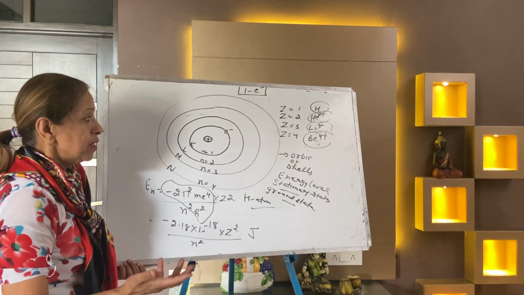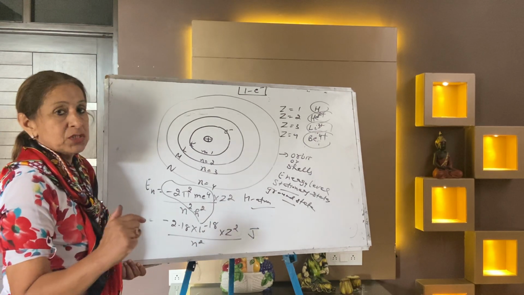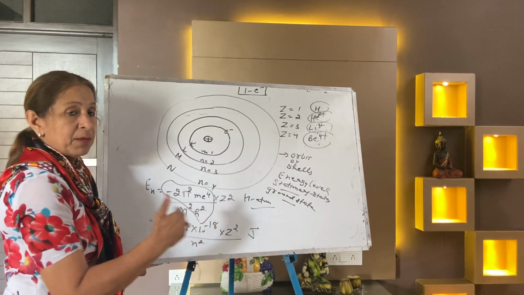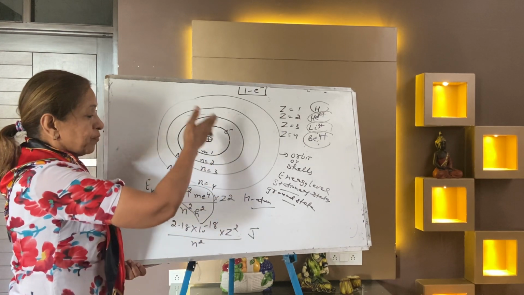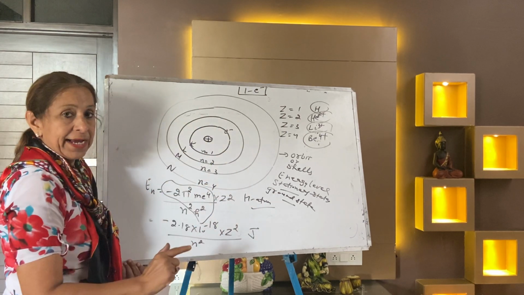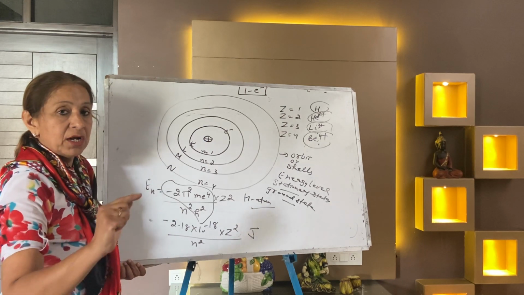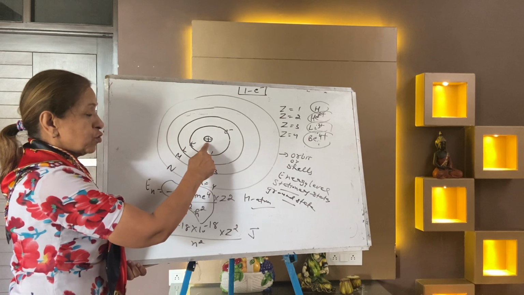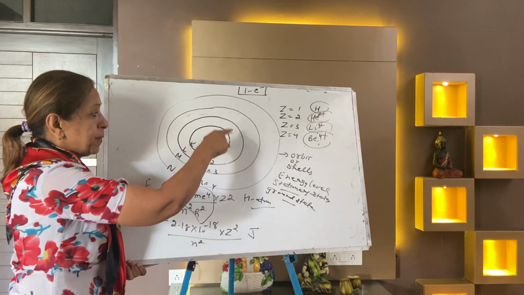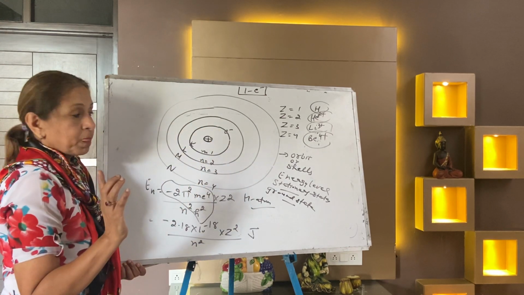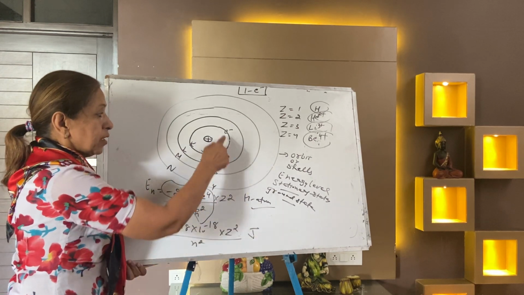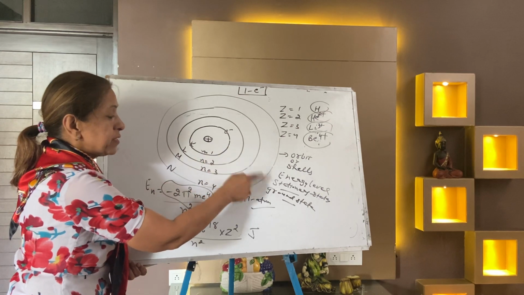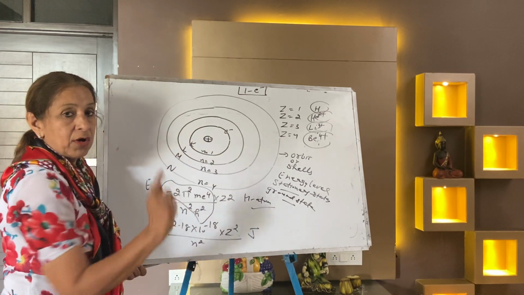What is the difference? Bohr's model is based upon the term quantization. Quantization in detail I will take up in my next postulates. Now this is Bohr's model for the hydrogen atom or for hydrogen-like species, that is single electron species. So this is your nucleus, with the electron revolving in these orbits. This is the hydrogen atom, the electron is revolving in n equal to 1. These are called orbits, shells, or energy levels.